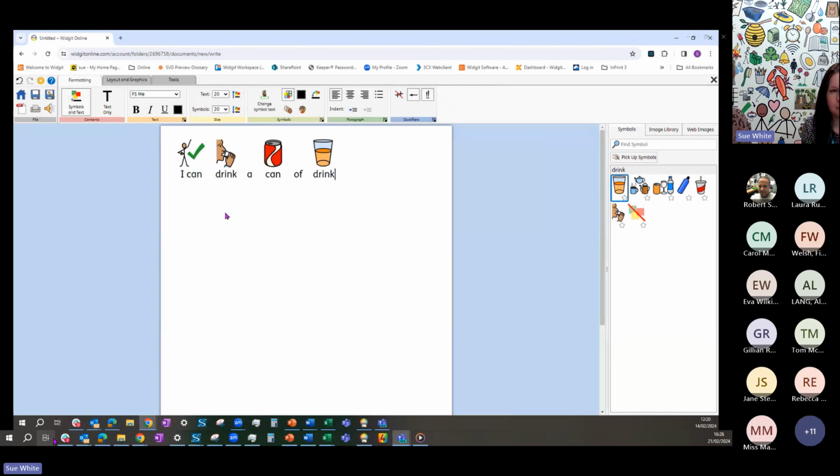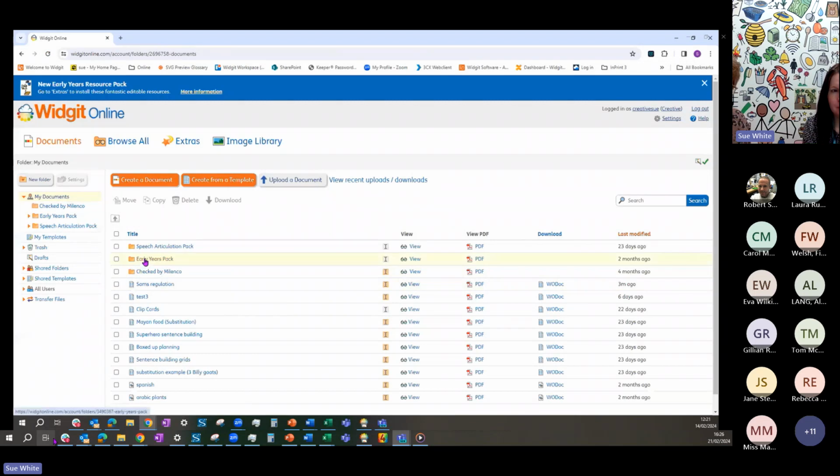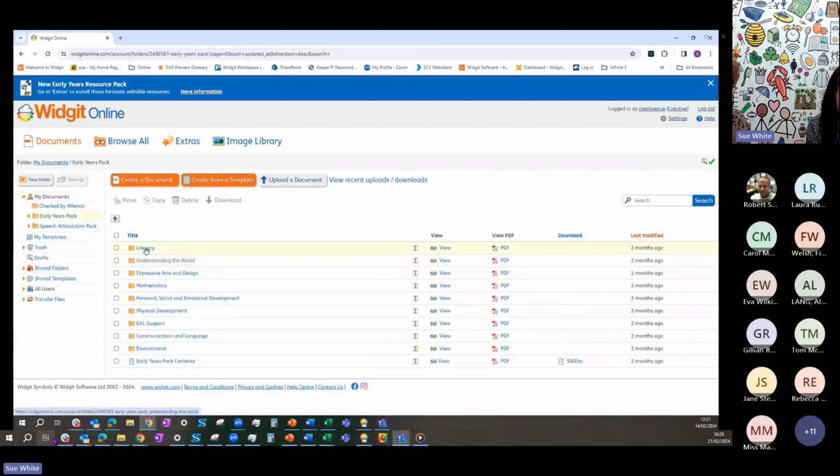So that's our document. It's used for stories to help, social stories. It's used for instructions, for any continuous text. So it might be rhymes, it might be stories, it might be songs. So again, I want to show you one from the early years pack. So we're going to go into literacy,